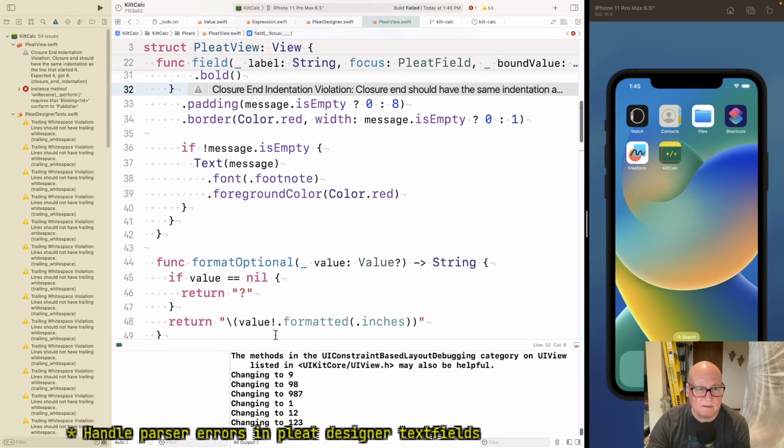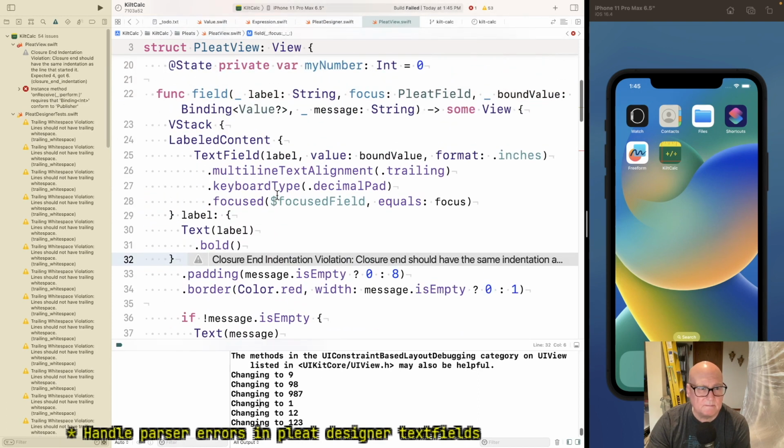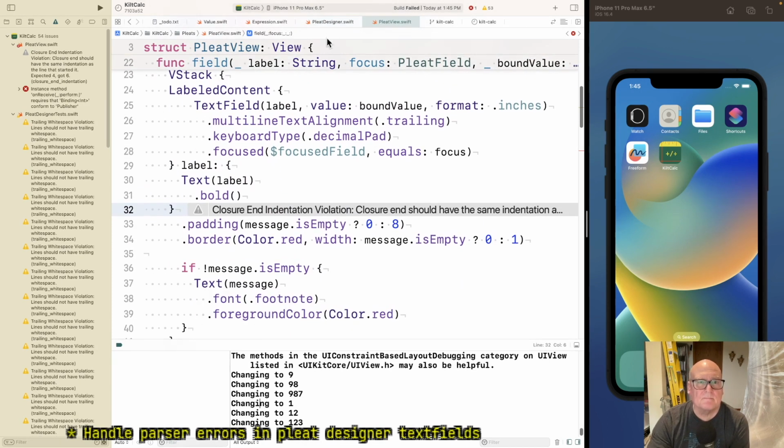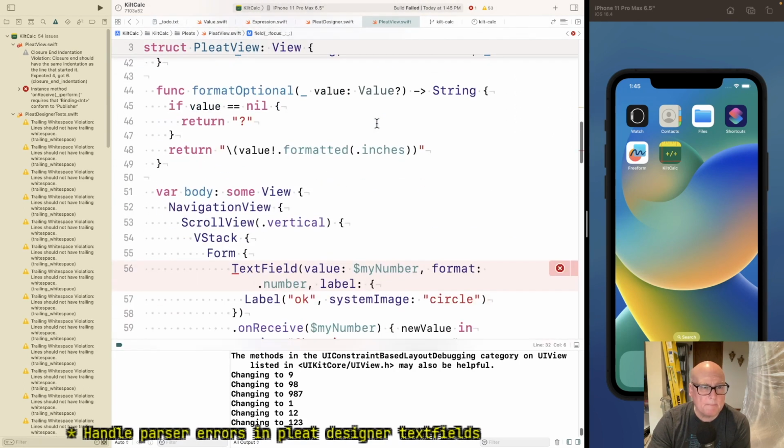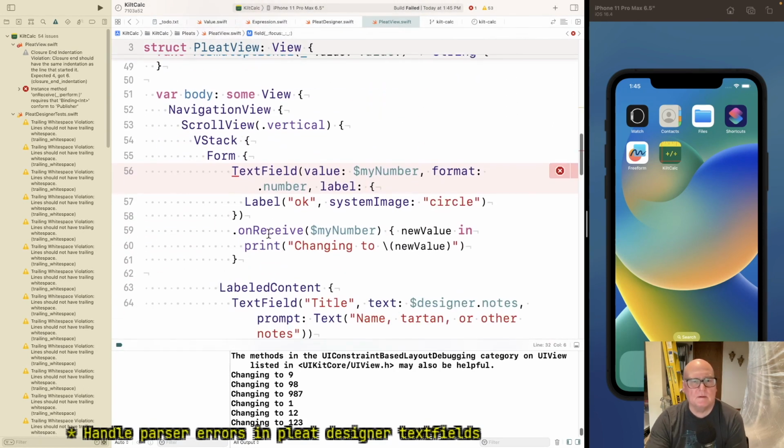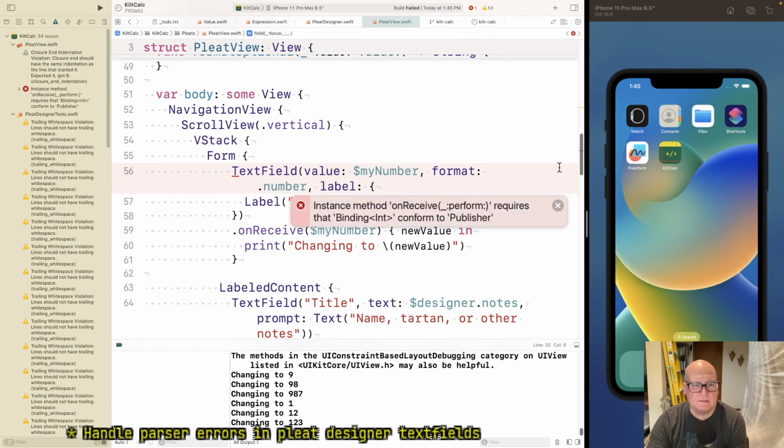This. Where's my example? On receive. Binding a bit conform to publisher.